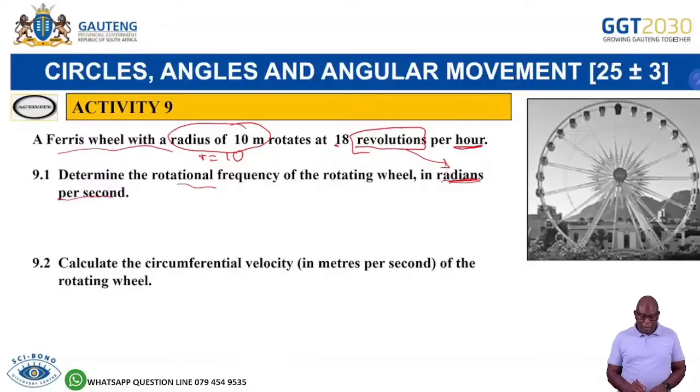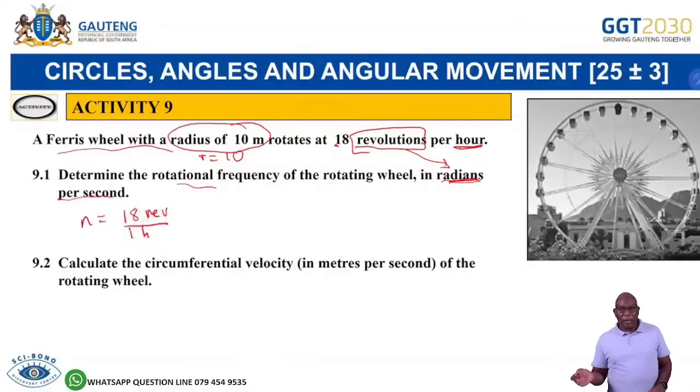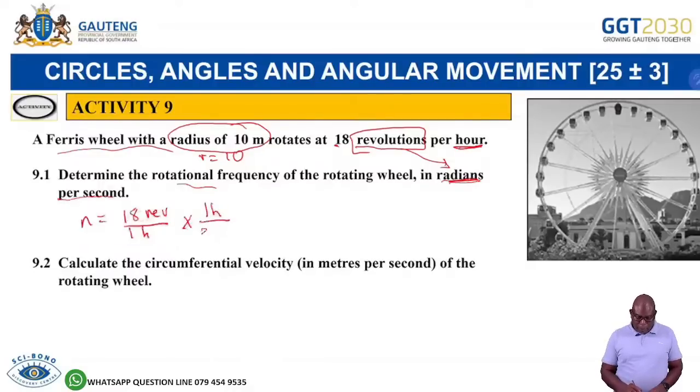So which means my n is going to be, I've got 18 revolutions over 1 hour. So it is 18 revolutions per hour, which means over 1 hour. I want to change this to seconds. So it will be 3,600 seconds. So I'll change it by saying times 1 over. But remember, these are revolutions. I want to change them to radians. So I must multiply this by 2 pi